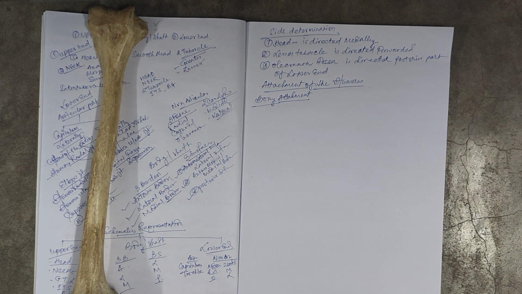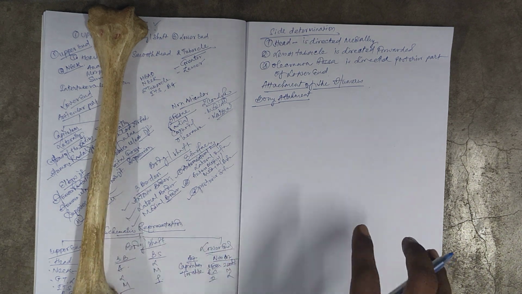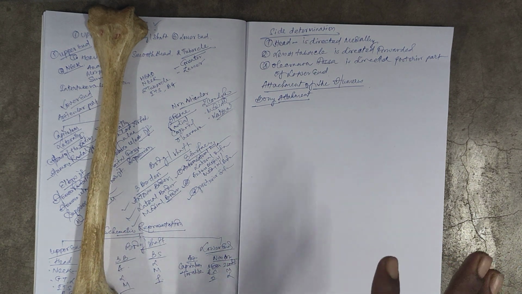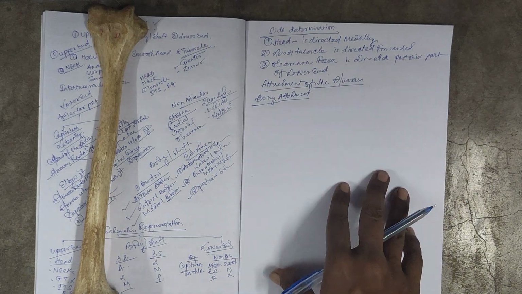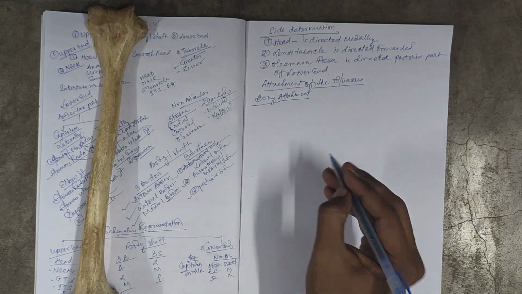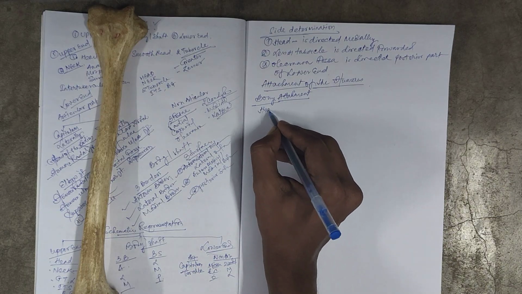Bony attachment means those bones which articulate with the humerus and form different joints. So what is the bony attachment? Bony attachment means those bones which are articulating with the humerus and forming different joints. So first of all, in the head part,